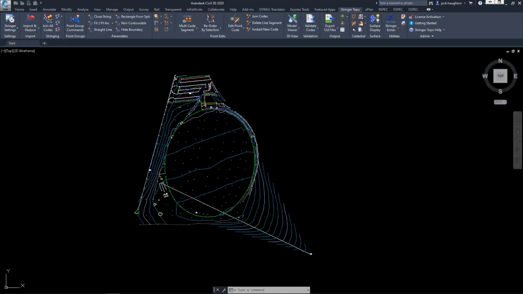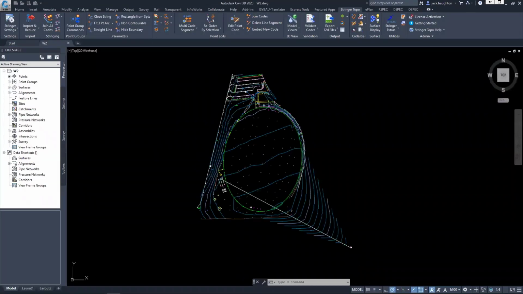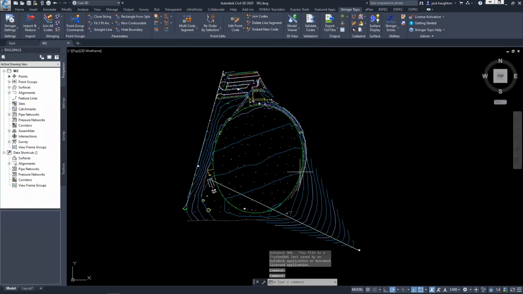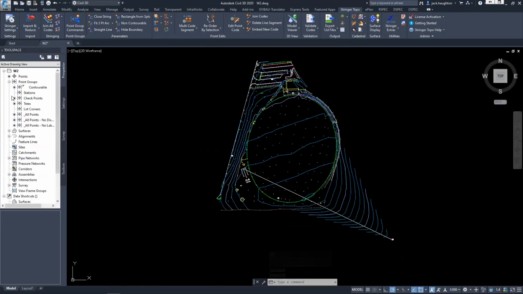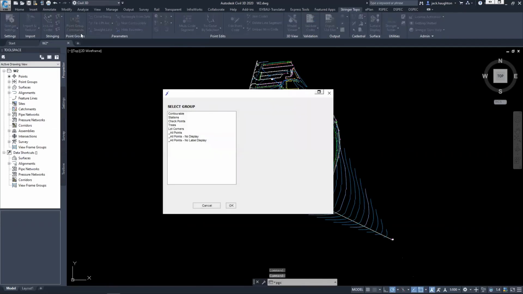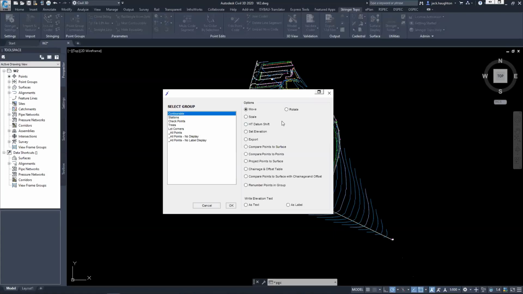Now, moving away from the editing commands, we're going to have a look at the point groups. So we've got this drawing here. All the point groups have been set up with Civil 3D in mind. If you're using BrixCAD or AutoCAD, you can set up your point groups when you select the point group command. That'll give you a similar but different menu that will allow you guys to do this as well. So, selecting the one we want to use, we've got a number of commands here. We're able to move the drawing, we're able to rotate the drawing, we're able to scale it by everything in